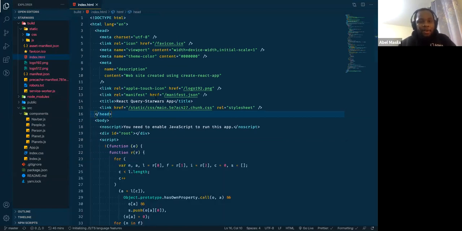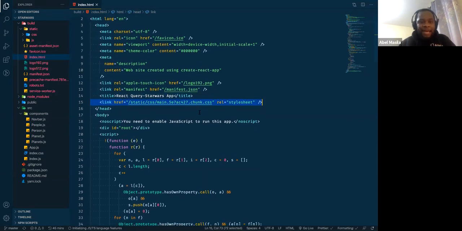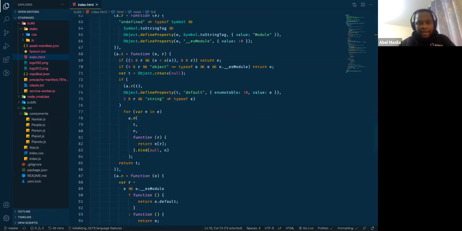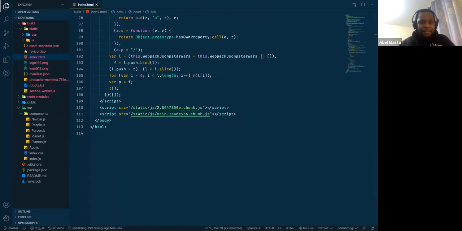And for your SEO, it is just the same thing. It will always have this thing here. So that is what Google and the web crawlers will see. And then you have the link to your CSS, which is a static asset. And then you have a link to your JavaScript chunks. So this is what enables you to use React on the client side.